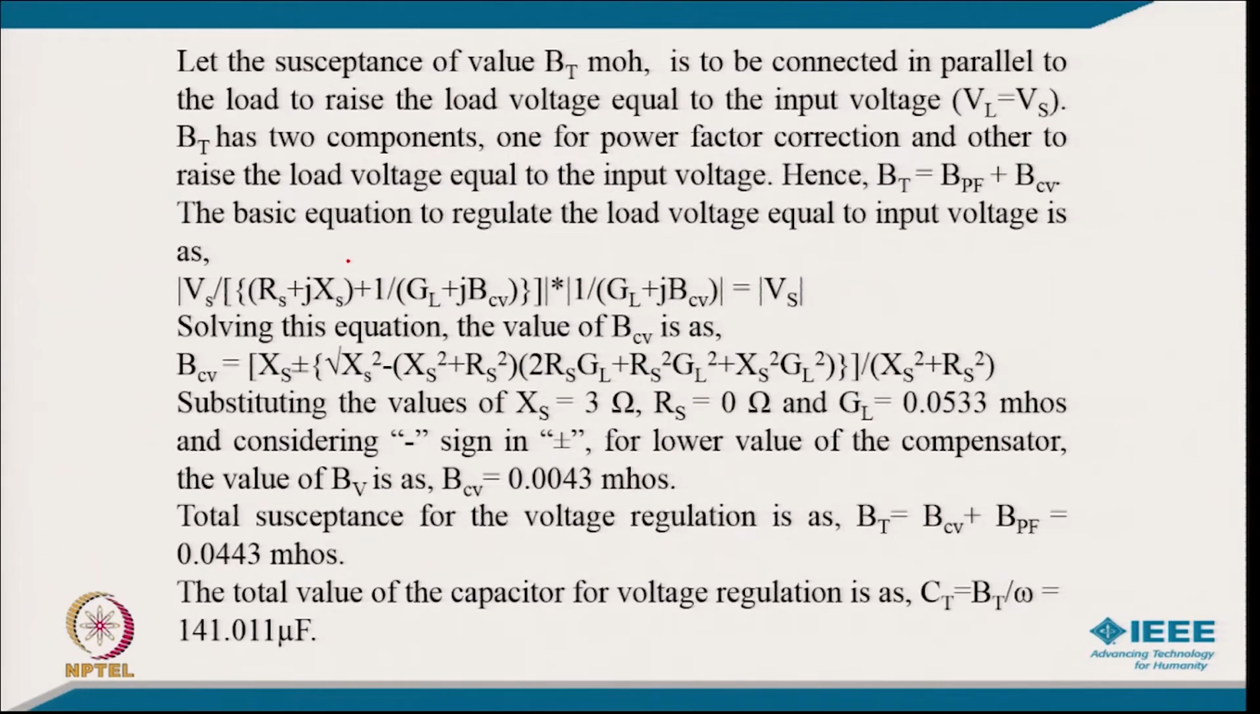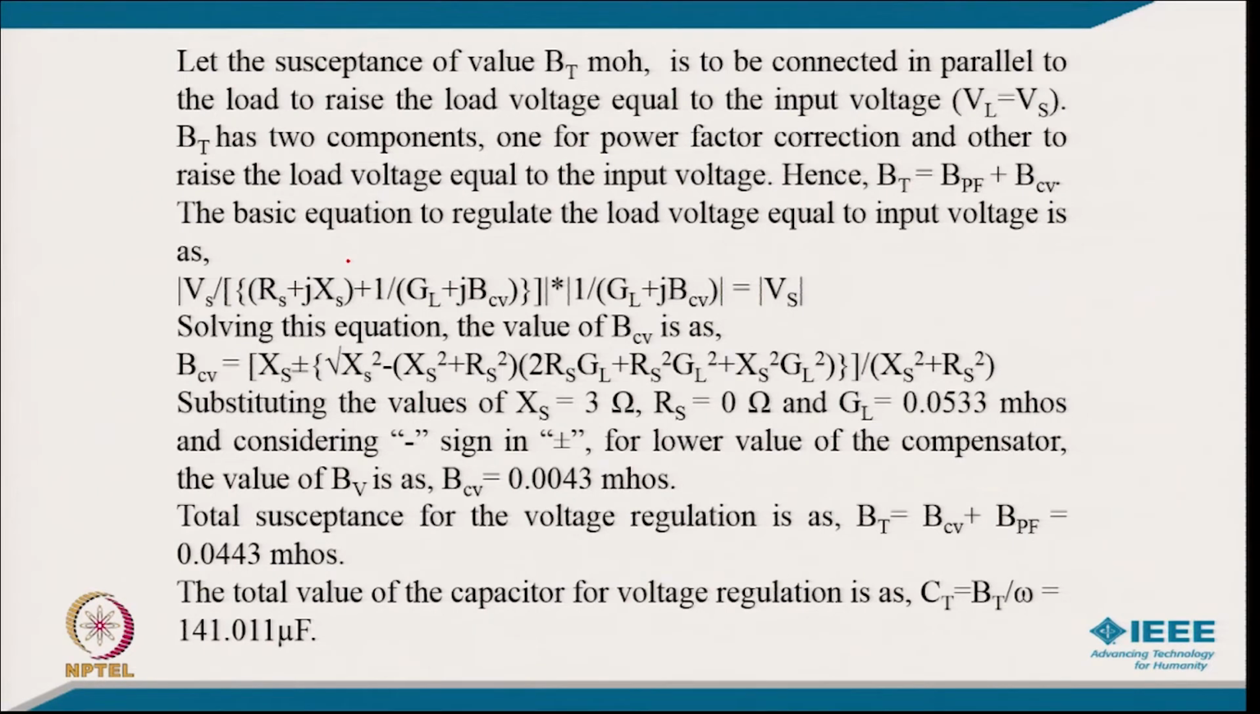So, we can substitute the value of XS equal to 3 and RS equal to 0, then the equation becomes simplified, and GL equal to 0.0533, and considering the minus sign in your plus minus for lower value of compensator value, because lower value will only give the lower compensation with this minus sign. So, value of BCV from this relation after putting values will become BCV equal to 0.0043 mho. So, total susceptance for the voltage regulation, BCV plus BPF, will be 0.0433 mho, and total value of the capacitor for this voltage regulation is CT equal to BT upon omega,